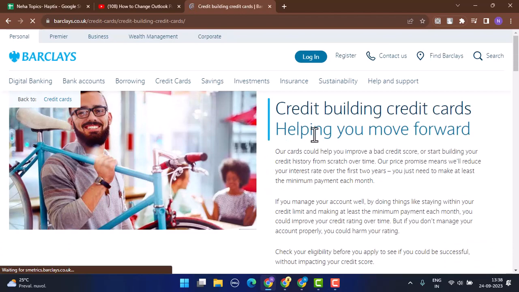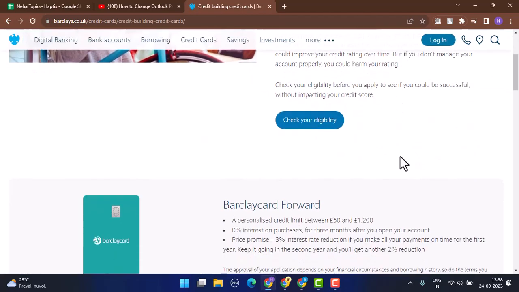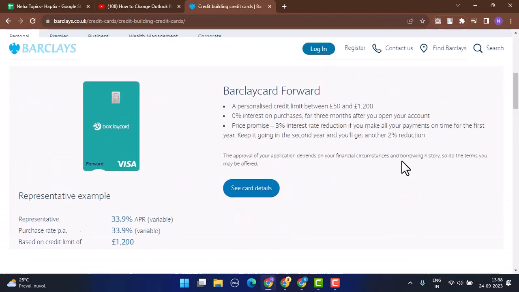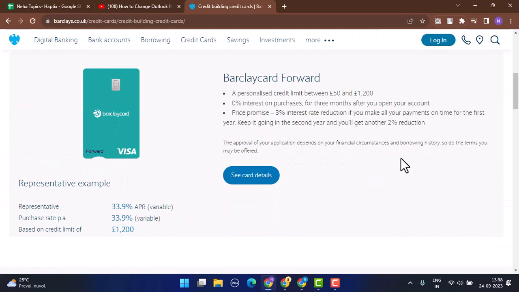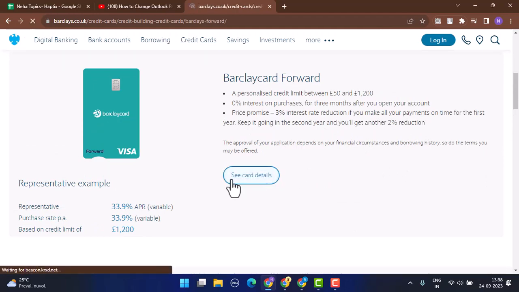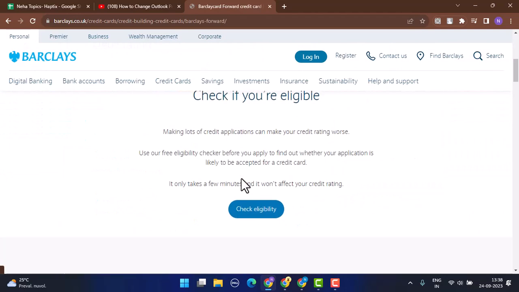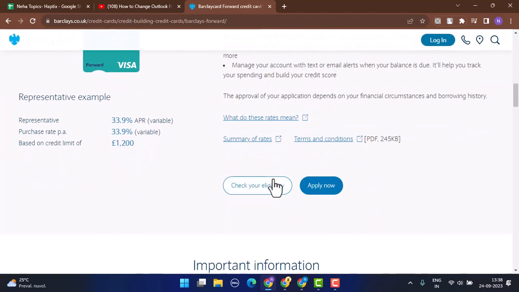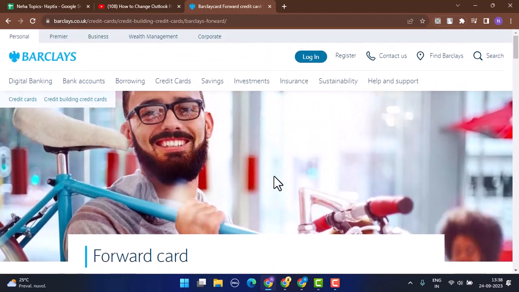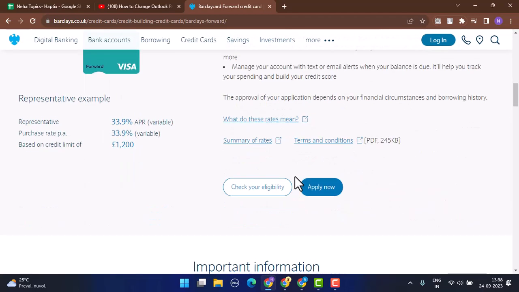So as you can see, as soon as you click on it, you'll be able to see all of this information. So go through it, and if you want to apply for this particular credit card, click on see detail, which will be located right at the bottom. Now once again, you'll be able to see the detail page of this particular credit card. You can go through it, scroll down to the bottom, click on apply now if you're sure about applying for this particular credit card. Now you'll be taken to the application portal page, so make sure to go through it,